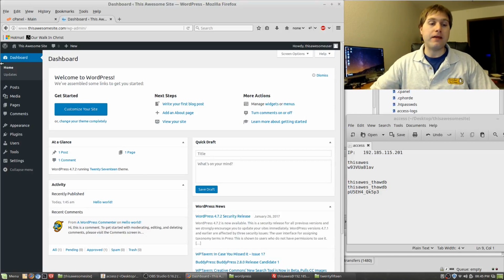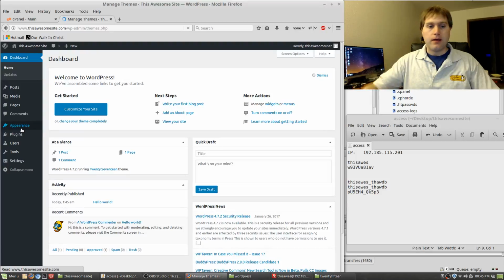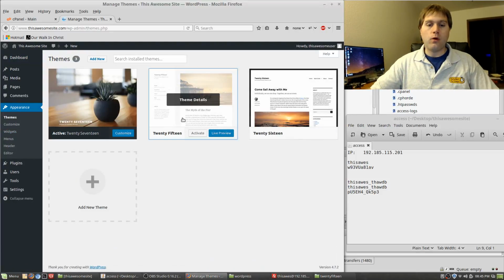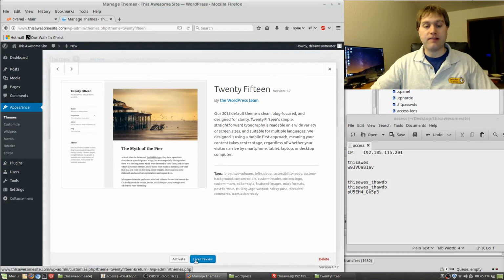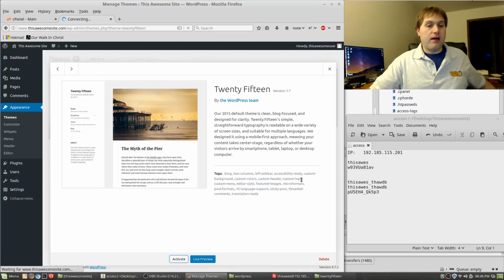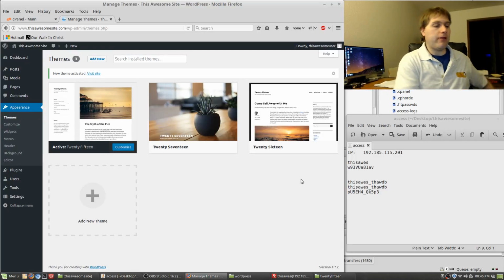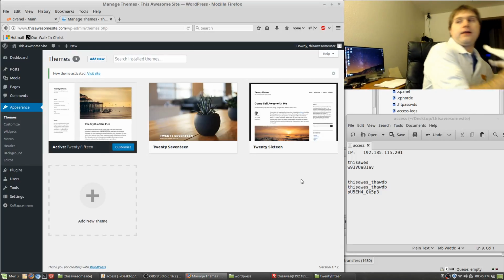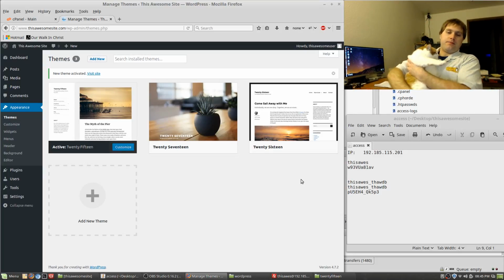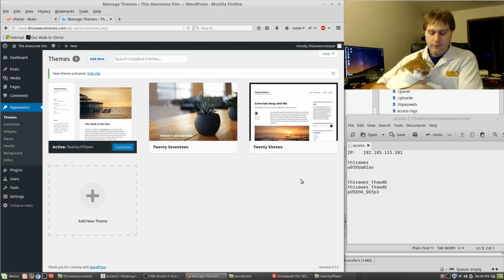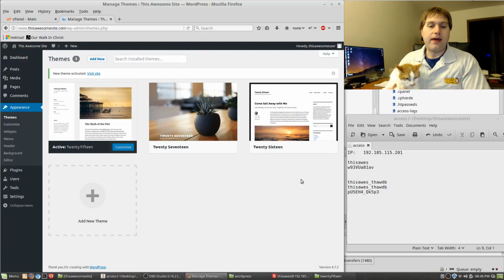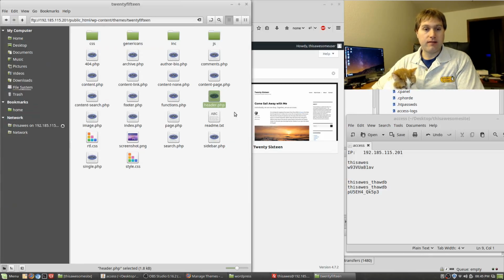Now, where I go from here when I'm actually building WordPress is, what I usually do is I build my own themes. So I have a Bootstrap theme, basically a bare bones Bootstrap theme with a blank CSS sheet, and I use that for the starting files for everything that I'm doing. And then I'll just use that, and I will go right into the File Explorer like I just showed you. So, okay, on this Nemo File Explorer here,